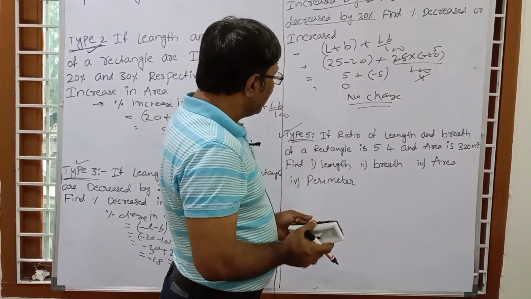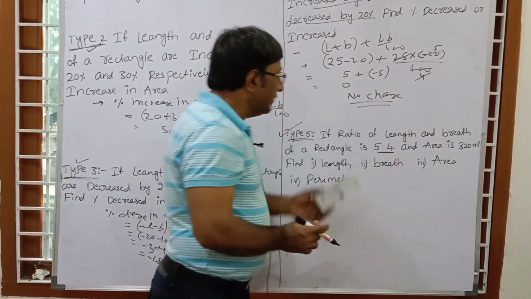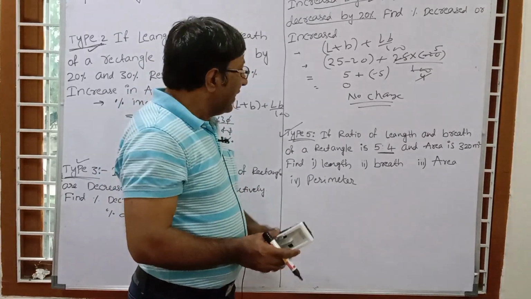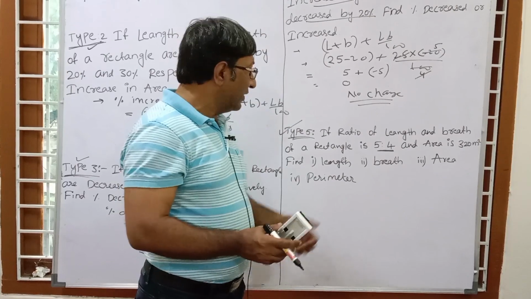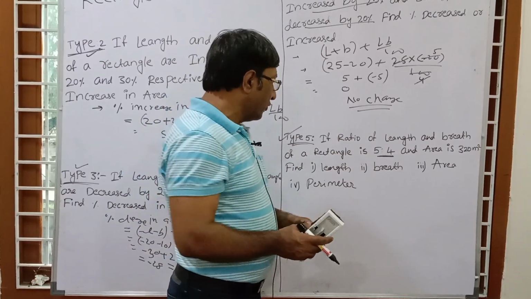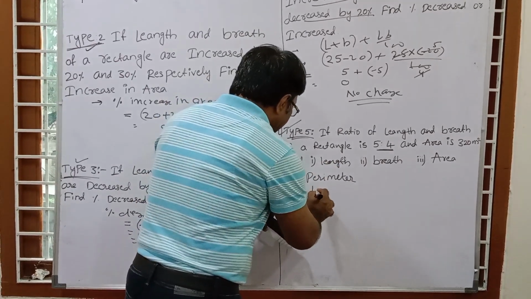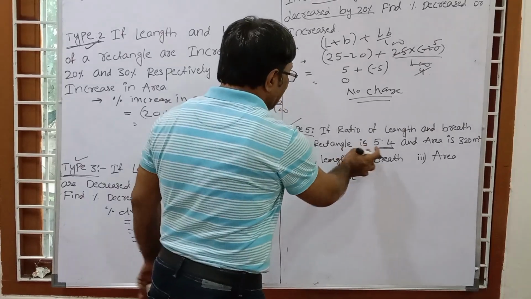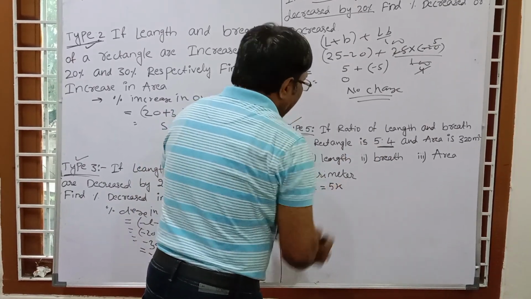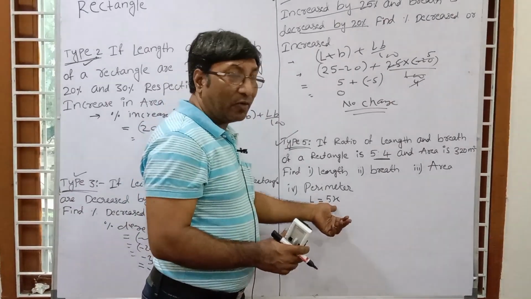For this type of question, first you see there is a ratio. We have already made a video on ratio and proportion, you can check that video also. Here we are also explaining with the basics. The ratio of length and breadth of the rectangle is 5:4. So length equals 5x or 5k, that means any constant.